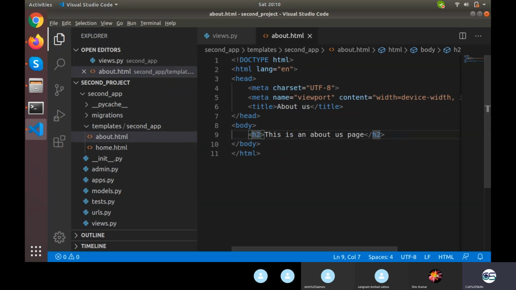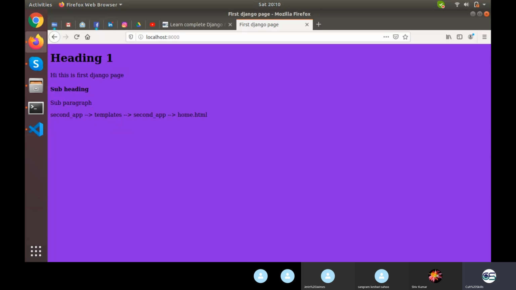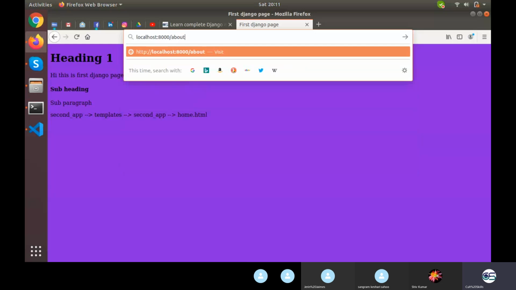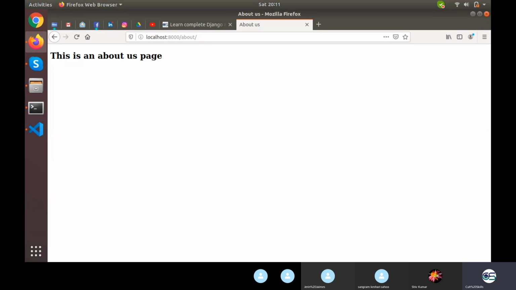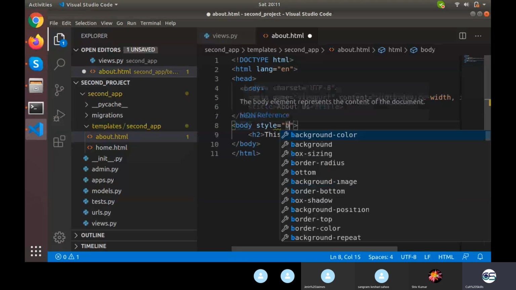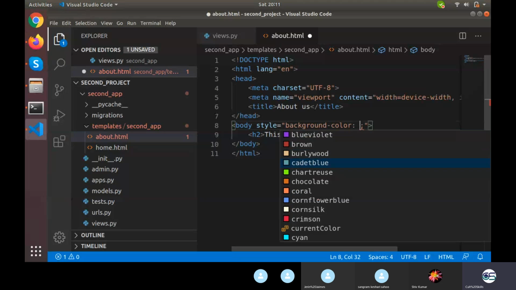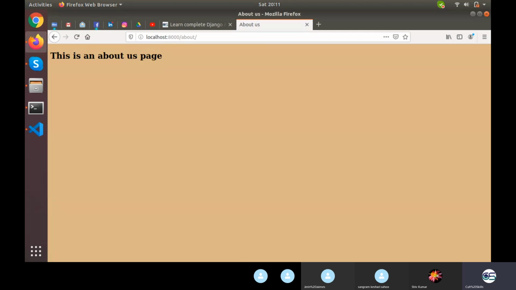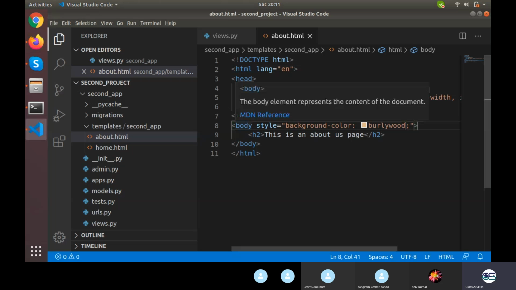Okay, so let's see how it is going to look. This is our home page which will remain the same, and if someone calls an about page, I hope I haven't committed any error, it will take us to this is an about page with the background color to be, suppose, this Bollywood. So in this way you can add any number of pages as many as you want to.